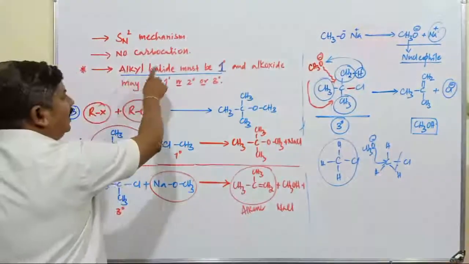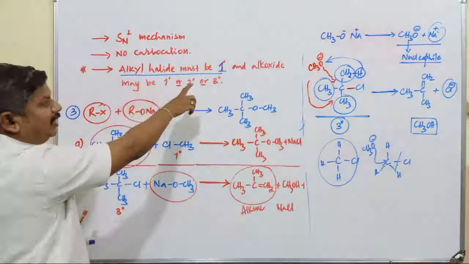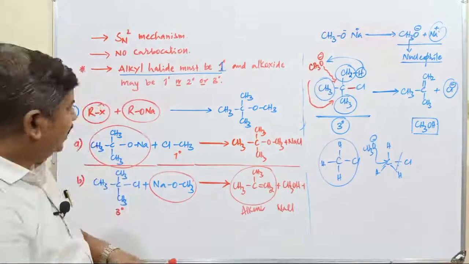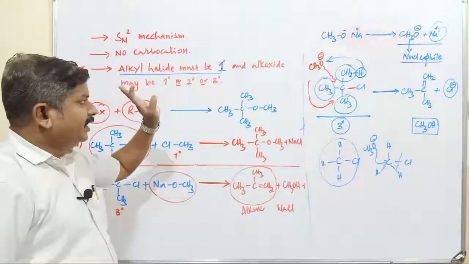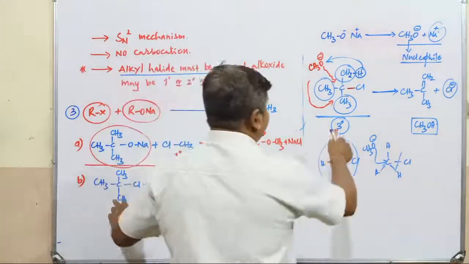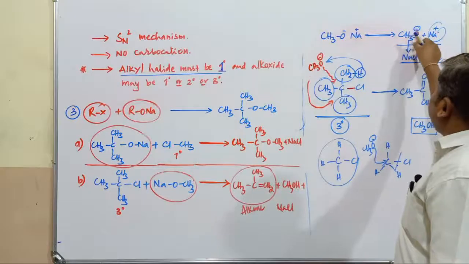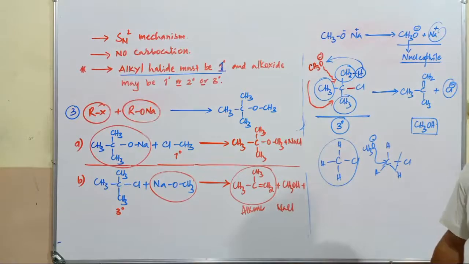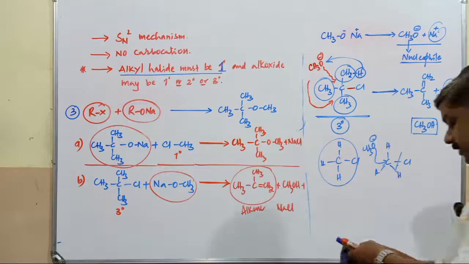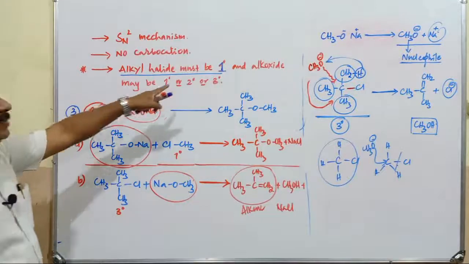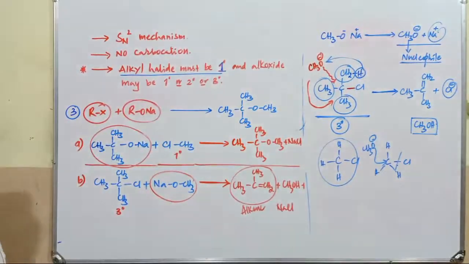So, alkyl halide must be primary. Got the reason why alkyl halide must be primary? If the alkyl halide is primary, the attack of the nucleophile takes place very easily. Then formation of what compound? Ether takes place. If it is a secondary or tertiary alkyl halide, here I have taken the example of tertiary only, this nucleophile CH3O minus, even though it is a stronger nucleophile, cannot attack this molecule. As a result, the product is not an ether, the product is going to be the respective alkene compound. So, to get a better yield, alkyl halide must be primary and sodium alkoxide may be primary or secondary,